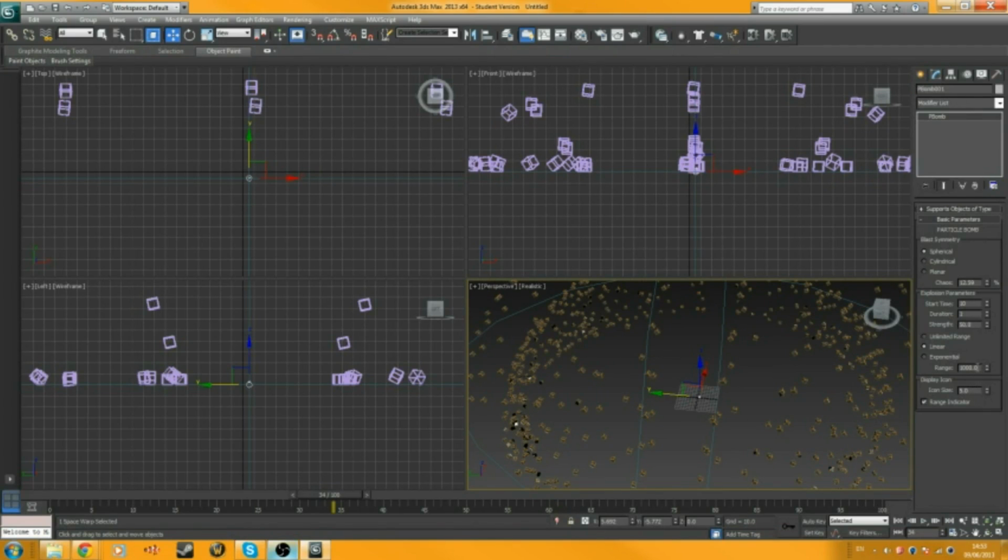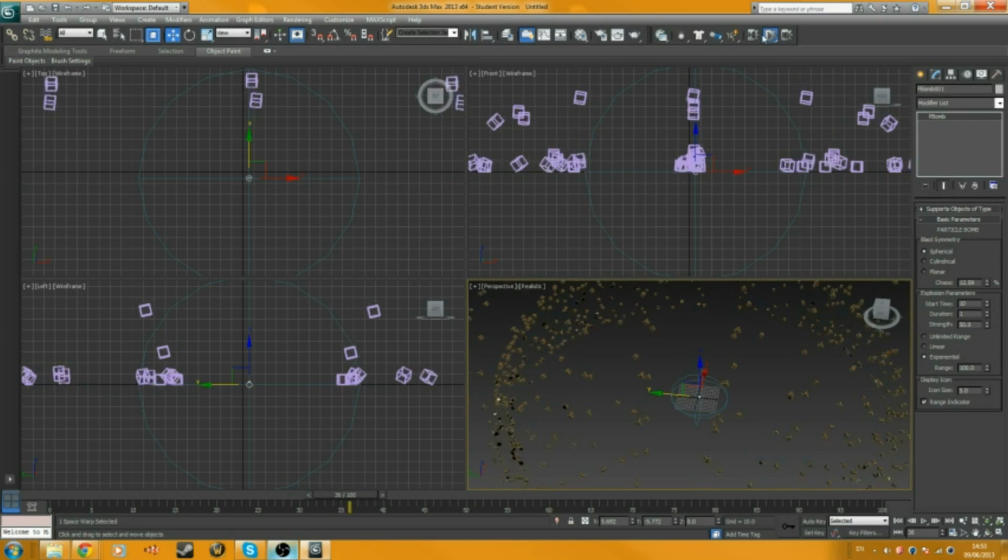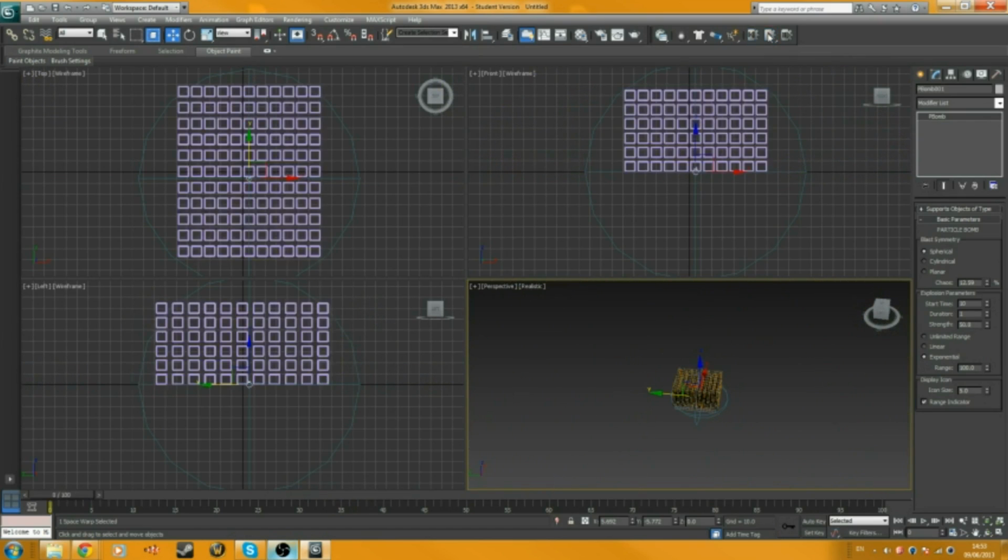Oh, the range was at 1000 set. I was looking at the icon size. I'm an idiot. Okay, let's put this down to 100. See how big that is. And also you can hit this to make it look more like a real explosion. So if we put that down to 100 and now hit play, go back to the start, hit play,